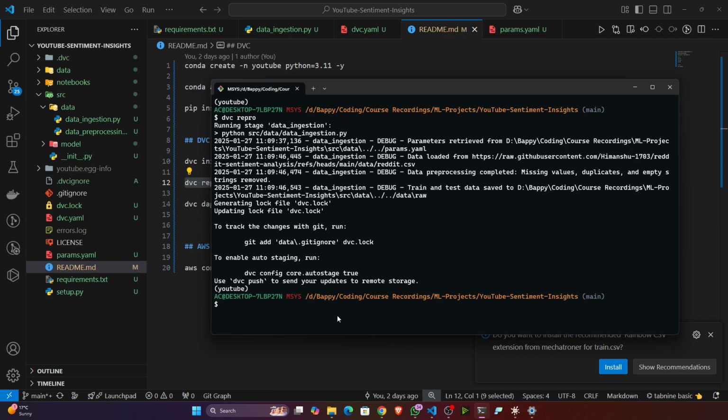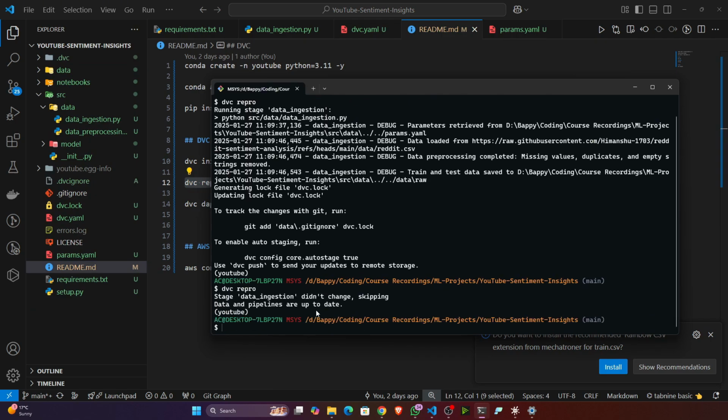Now if you execute again, see, it won't run because the data is already present inside my directory. That's what it's telling: data ingestion didn't change, so it is keeping it, and your pipeline is up to date. Okay guys, so now in the next video we'll try to create the next component, which is nothing but data